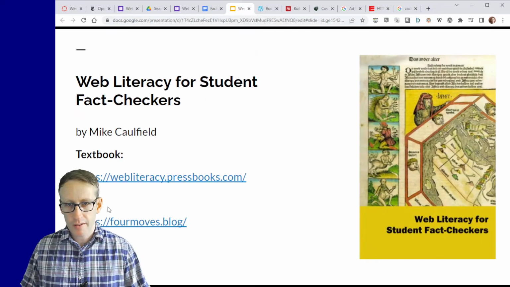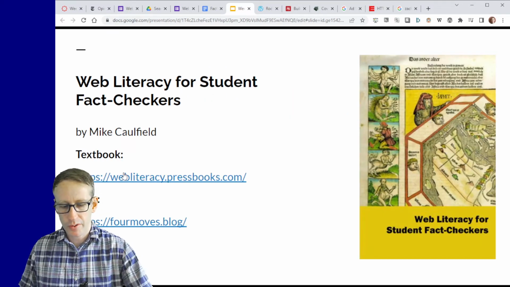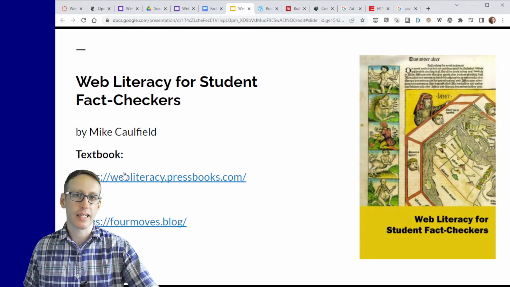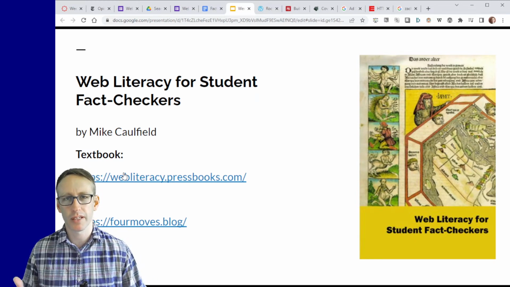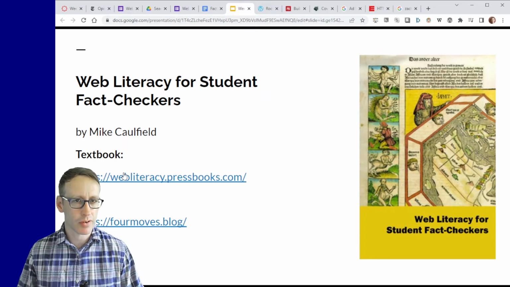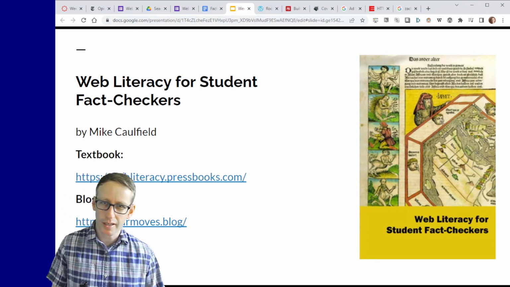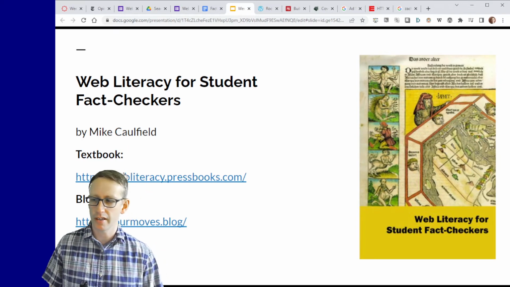Now the assignment for you all: I'm going to ask you to find a claim, investigate it, and then write up a report about your findings. This should be a report or an article that mirrors the structure of what you might see on Snopes.com, which is a fact-checking, debunking kind of website.